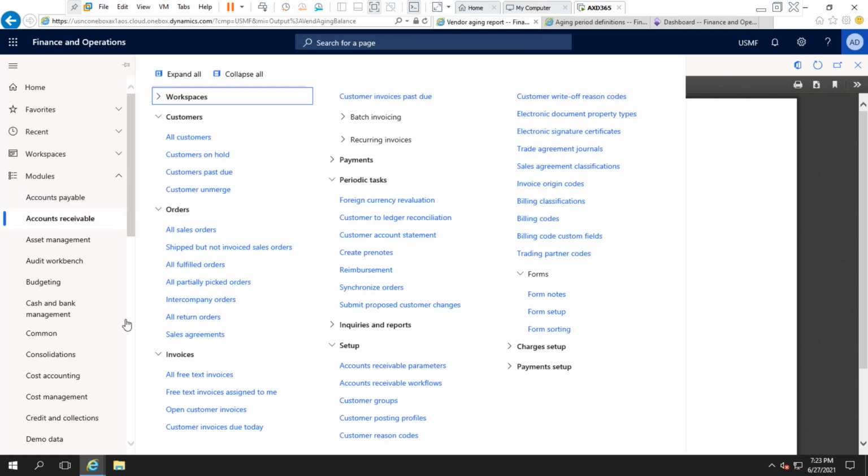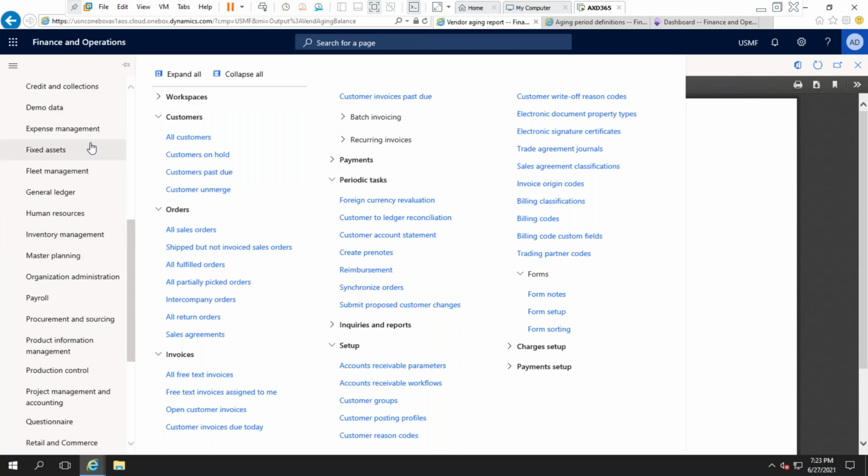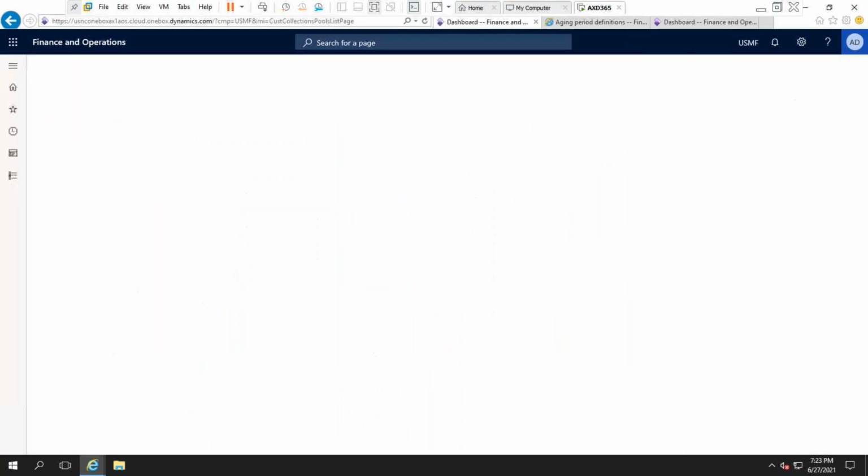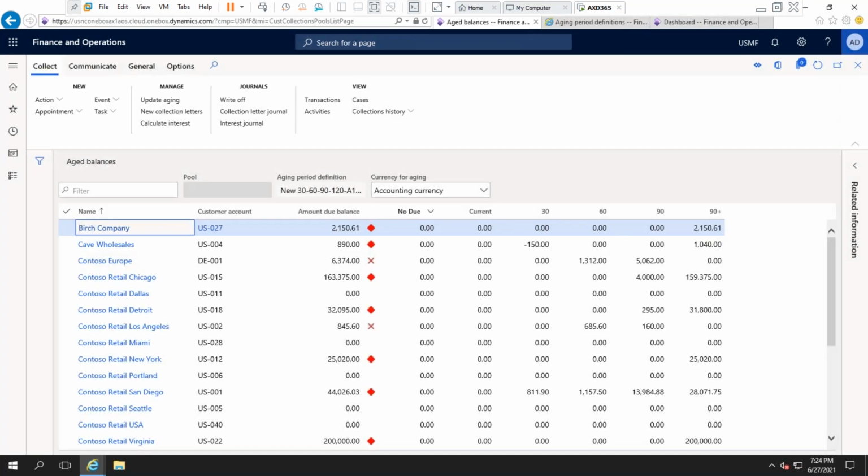Now I'm going back to credit and collections. Here I'm going to aged balances. Instead of the report, particularly for the AR side, I need to focus on AR side. I need to collect money at the earliest from the customers. So here we will generate. Now in this we have one more option. Look at this one. If I click here,